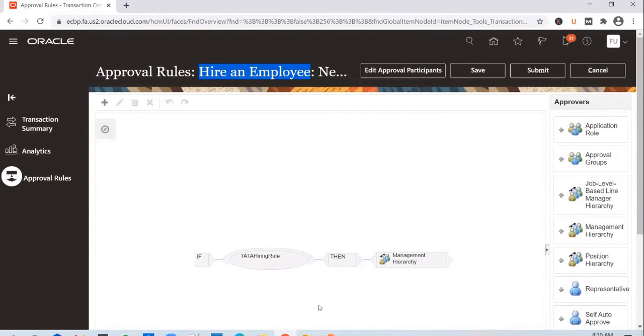But even after you make a small change in the approval rules to test it, you will have to spend 15-20 minutes filling in all the fields required to create an employee. That becomes more like a data entry job, so you will be focusing more on creating an employee rather than working on the approval rules. My suggestion, and it's up to you whether to follow it or not, is to pick a process which is as simple as possible, because the way you write the rules is not going to change based on the process.